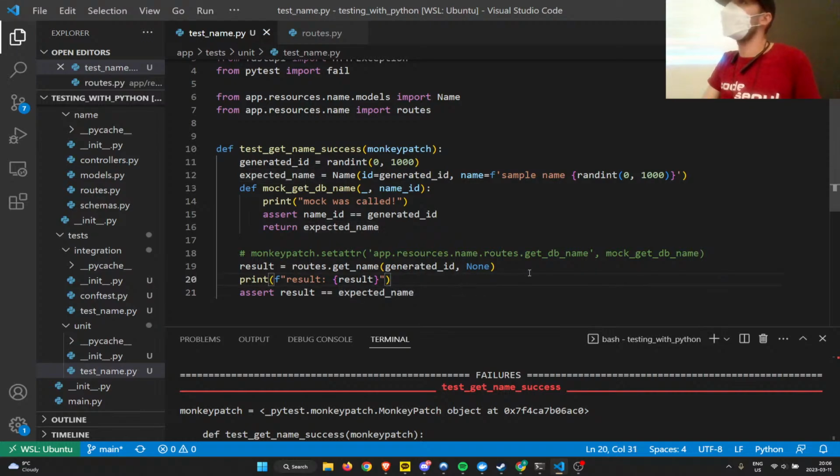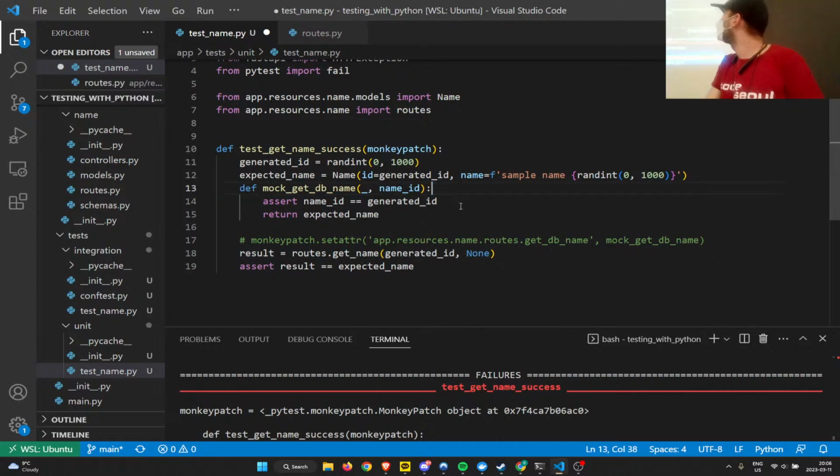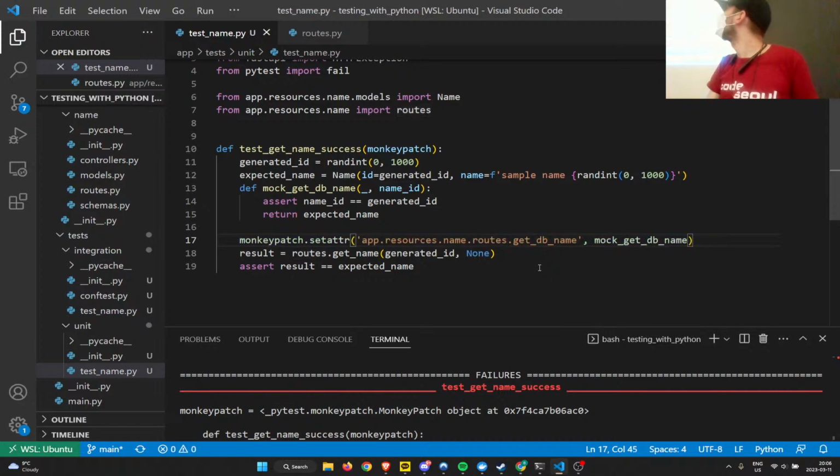But yeah, we were just trying to demonstrate that the mock works. Basically, the other way is to not show the mock, and we get an error because it's not the expected output. Also, there's no database connection, so it fails. So you're just replacing that get DB name function because you don't want it to go to the database. Exactly. You want to just call this tiny little function instead of connecting to the database, so you can restrict that test to only that function. Exactly. Does that make sense to everyone?